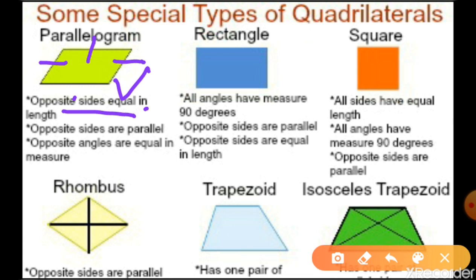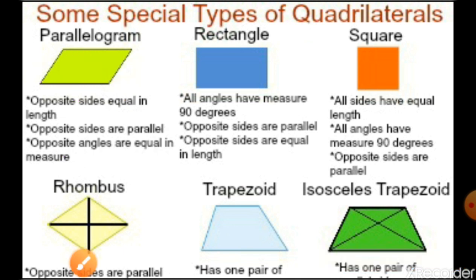The opposite sides are equal in the case of a parallelogram. In the case of angles, the opposite angles are equal. You can see that opposite angles are equal. The third is not mentioned here. The diagonals are not equal but bisect each other. This is on the basis of their diagonals.